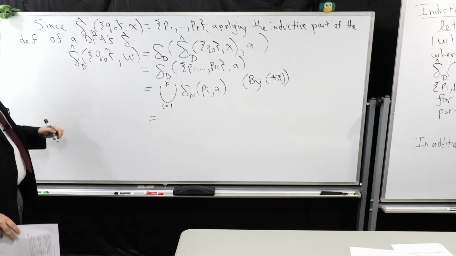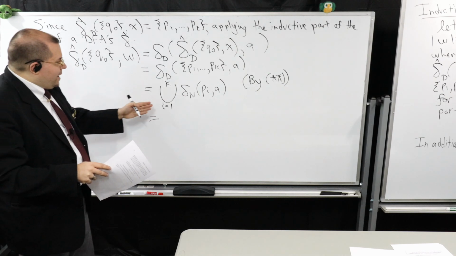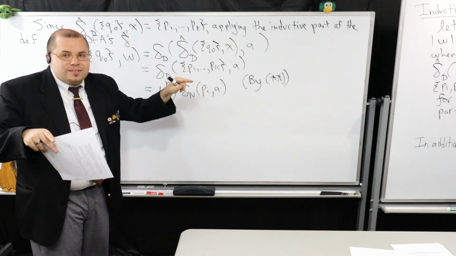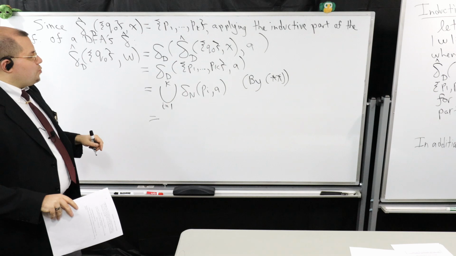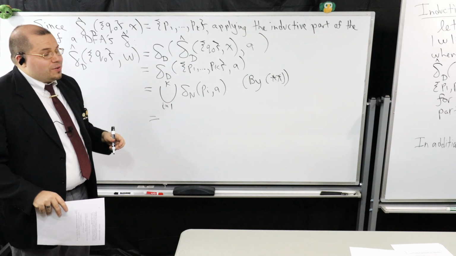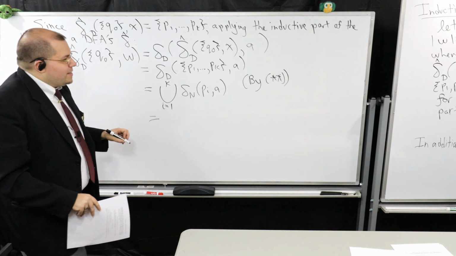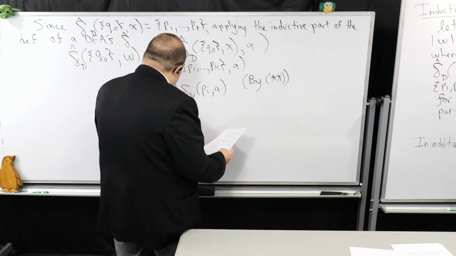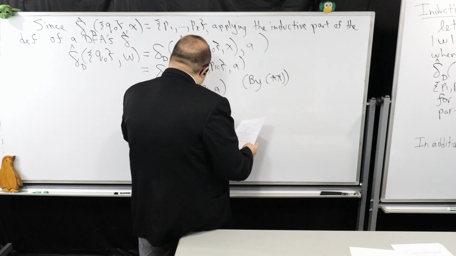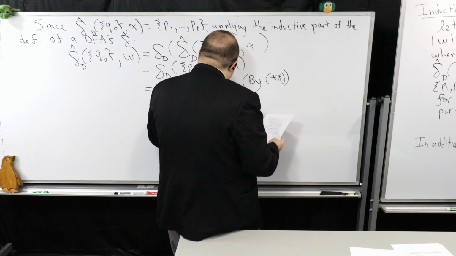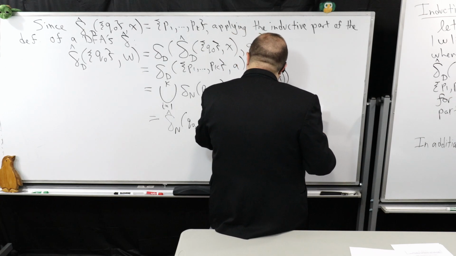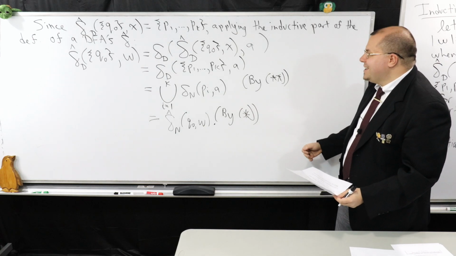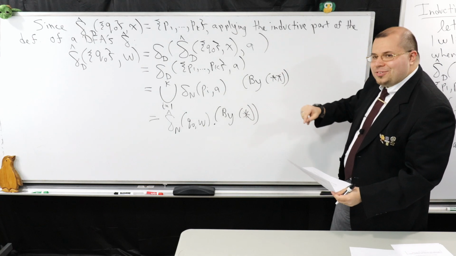What's that? That's the union of all of the transitions on the NFA over all the symbols, touching all the states using symbol A. But what is that? That's what I established over there before, right? That's delta hat for the NFA, so it's delta hat N of q0, w. This is by star. Boom. Is that nice? So now we have established that these are in fact equal.